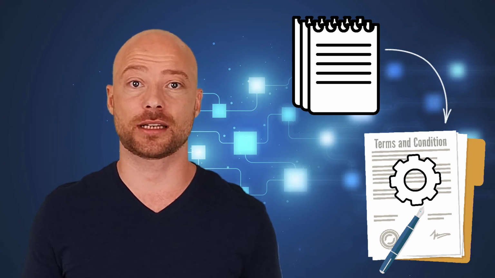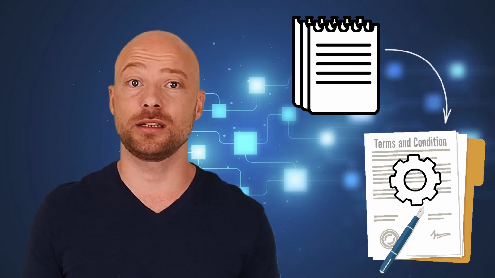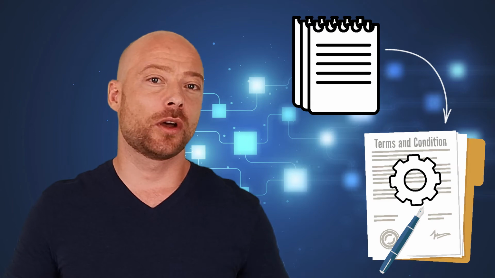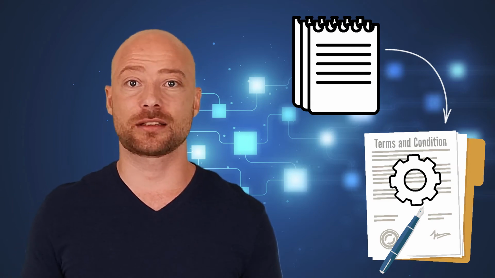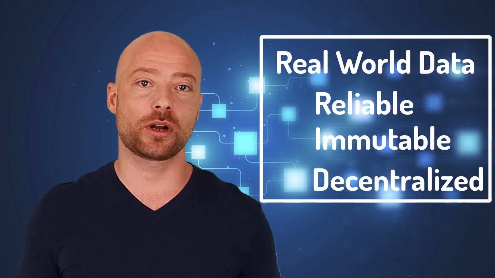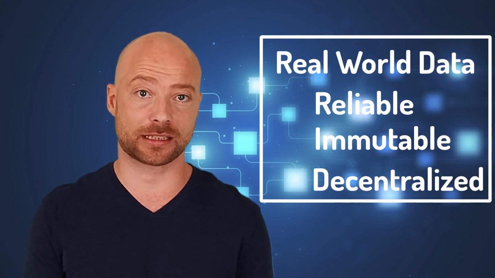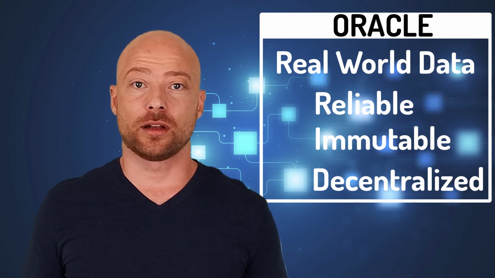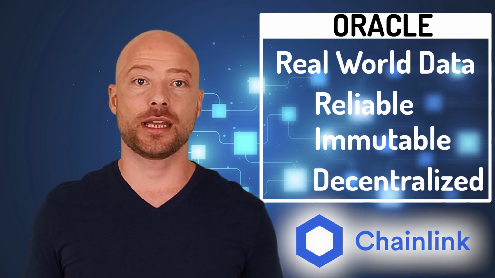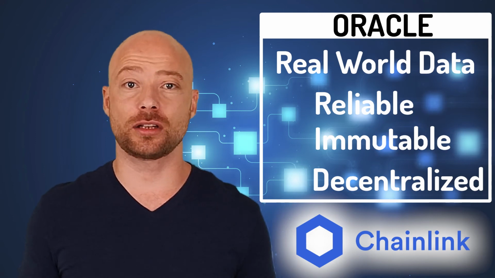The second main concern is about the inputs to feed to the smart contract. In our previous example, when we bet together, the smart contract used randomness as an input to provide a winner in our game. But what if I want to build a smart contract that requires real-world information, like the result of the last US election, to allow its decision process to function correctly? I would need a reliable source of information that is incorruptible and, if possible, as decentralized as my smart contract. That's what we call an oracle, and one of the closest examples trying to solve that very pain point is the project Chainlink, which has attracted a lot of attention recently.